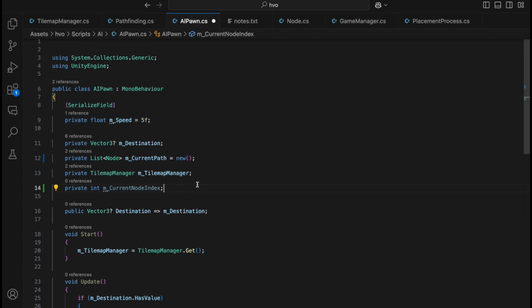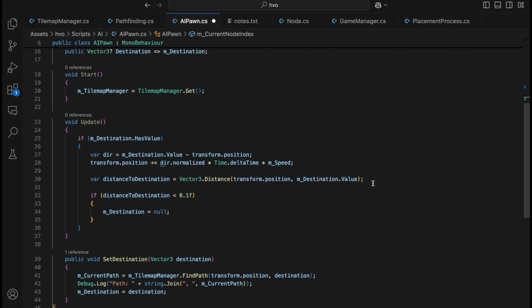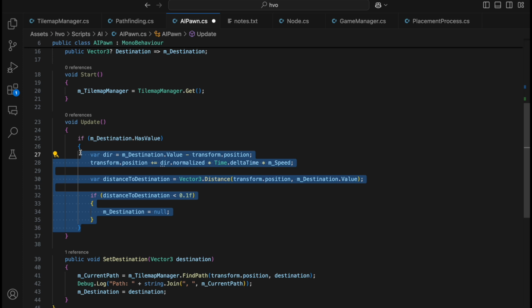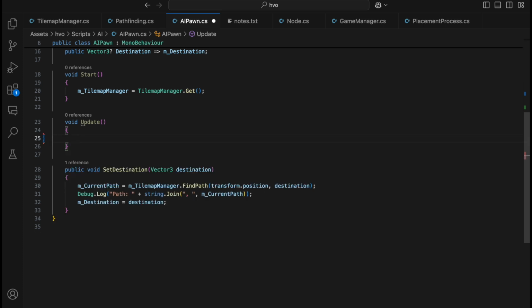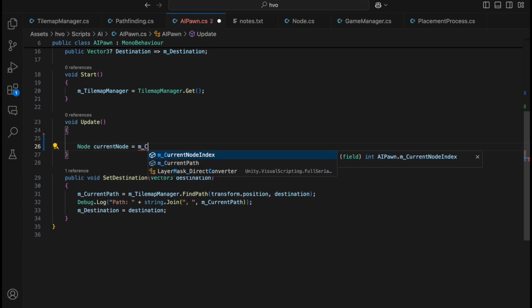In our update, this will need to be changed. I think I'll just simply remove everything. Yeah, let's remove everything. We'll start clean. So we'll get our current node, which we should follow. Let's write here node, current node, and it will be our current path,